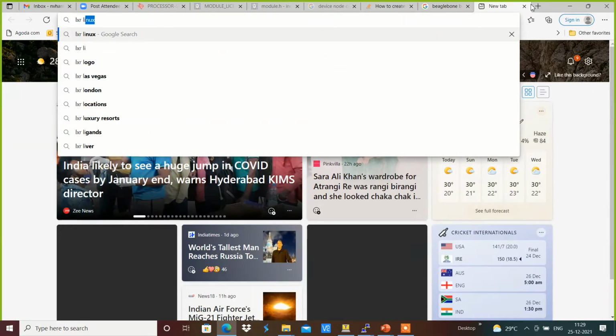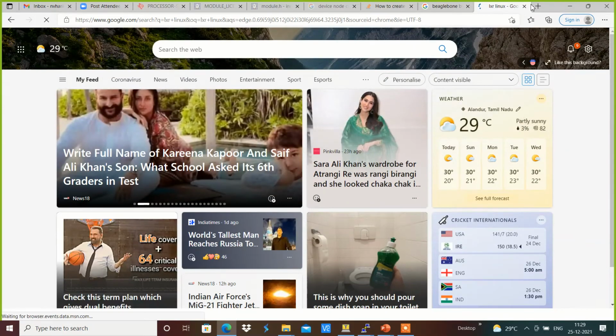For example, I am going to use LXR or Linux for a faster search over here.